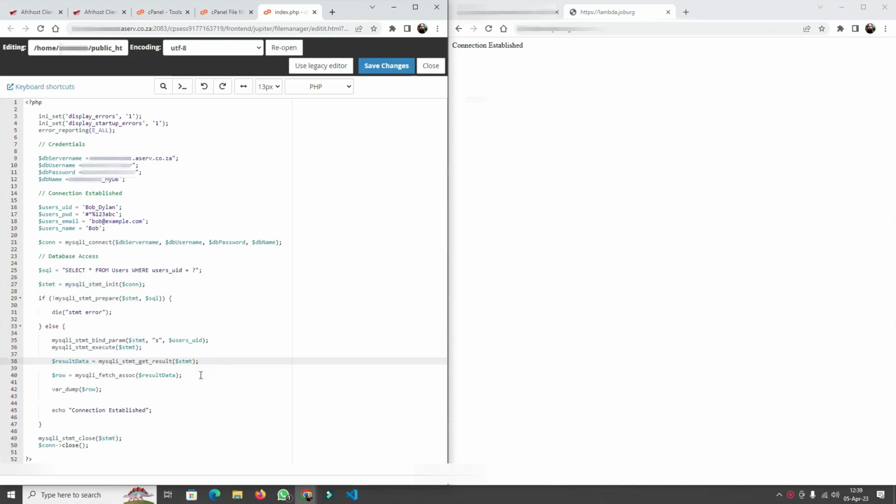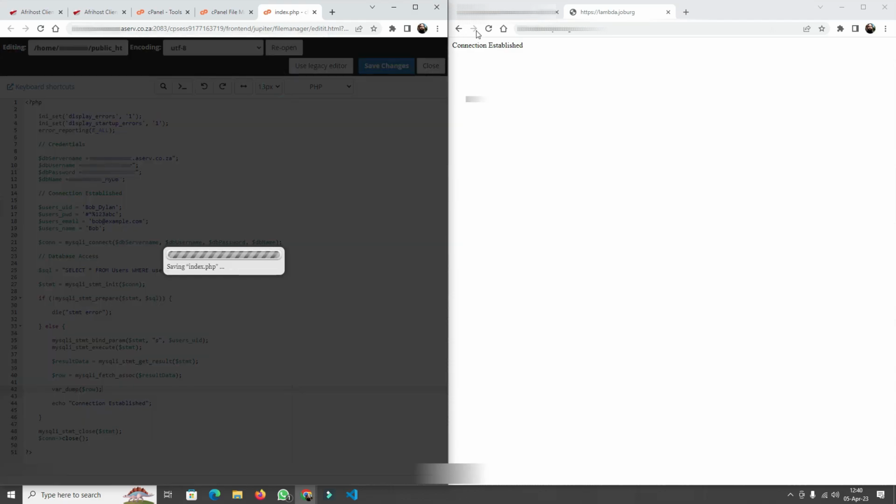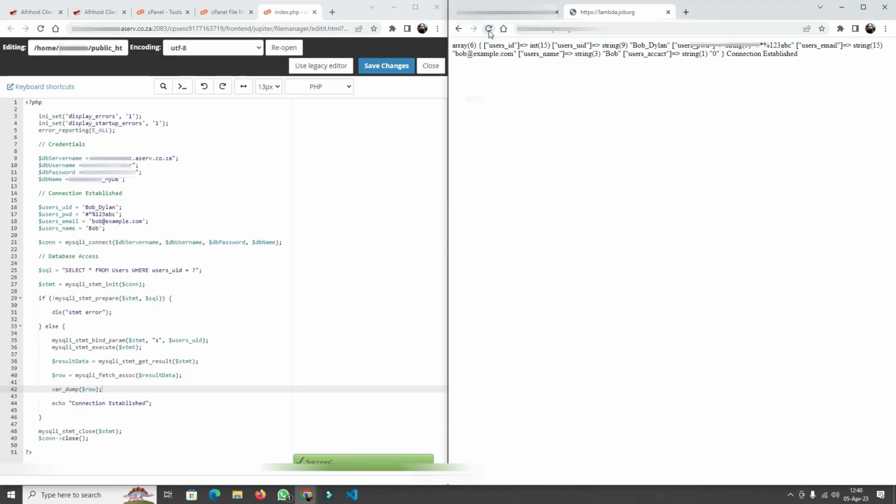Okay, so then I want to create this new variable row, which takes this result data and converts that to an associative array. So I'm calling the mysqli_fetch_assoc, and then in parentheses I pass that result data from our statement, and then I want to dump that on my screen. So I'm going to use var_dump and then pass the variable $row. Okay, and upon saving that and reloading my browser, I should see, okay, I get this array of 6 elements,